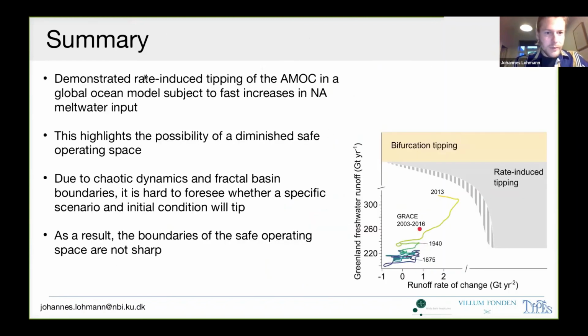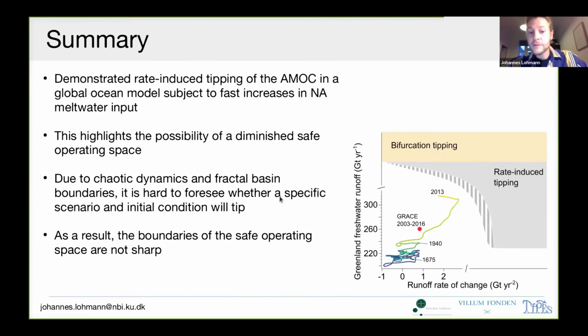Which brings me to the summary. So we demonstrated a rate-induced tipping of the AMOC in a global ocean model by fast increases of North Atlantic freshwater. And this highlights that there could indeed be an even diminished safe operating space, as indicated here in this figure. But moreover, due to the chaotic dynamics and potentially these fractal basin boundaries,